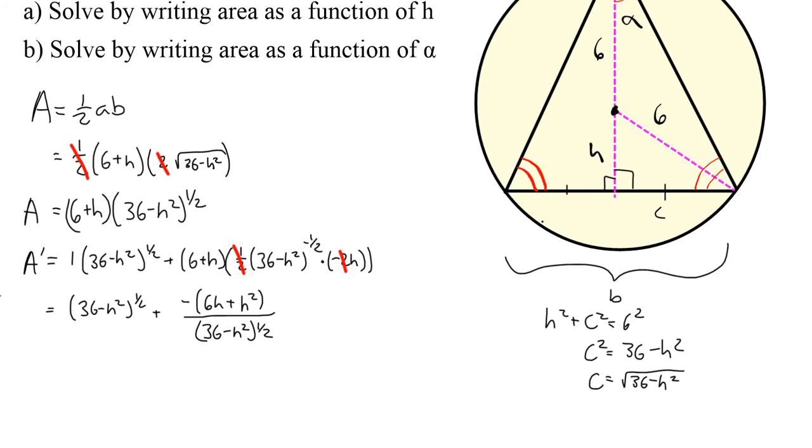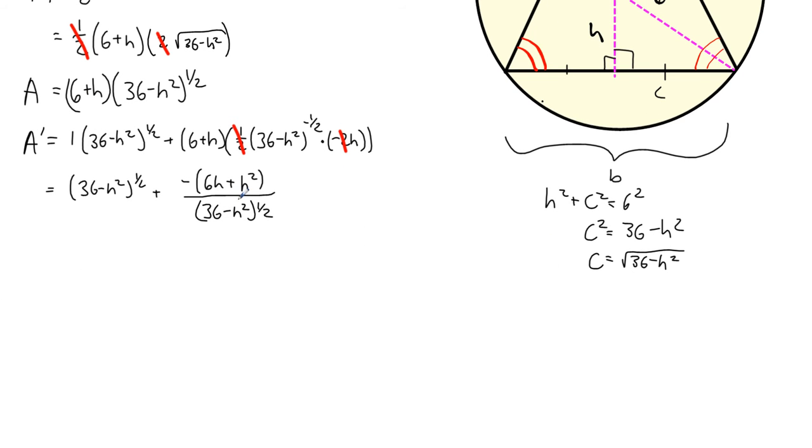All right. Now I've got a fraction and a number, and I need to add them. So I'm going to have to come up with a common denominator. Now luckily the common denominator, because it's 1, is just going to be 36 minus h squared to the 1/2. So I'm going to multiply by a funky 1. It's going to be 36 minus h squared to the 1/2 over 36 minus h squared to the 1/2. Now what's good about that is we have our 36 minus h squared to the 1/2 on the bottom for